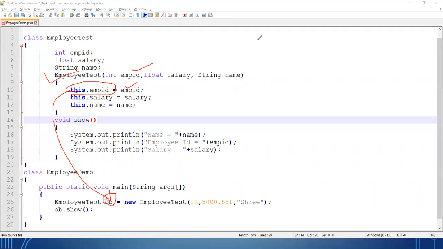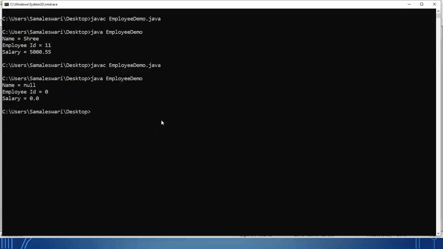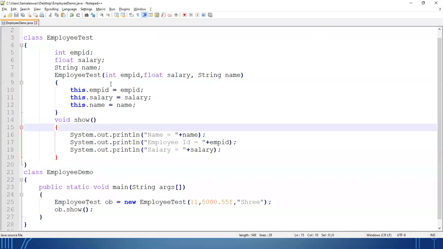Clear? Okay. So let's see the output whether it's working or not. Compilation done. Now I am getting the values, because the problem is with JVM. As a user, you are smart. Whenever you are writing the program, you know that this variable I am aiming at is the local variable. Whenever I am writing this particular empid, I am targeting the instance variable. But how will JVM differentiate that? JVM cannot differentiate between the names. JVM has to differentiate with respect to the syntax.